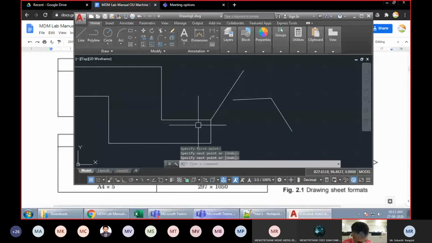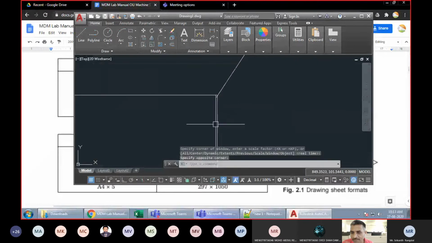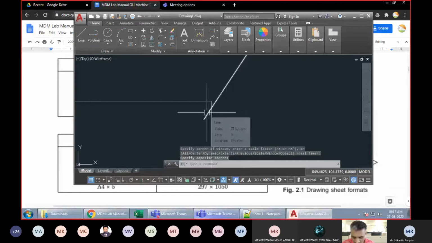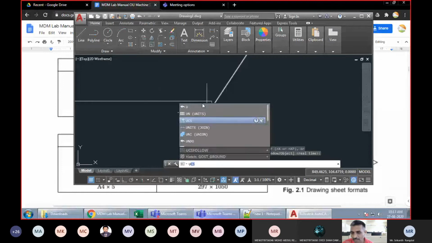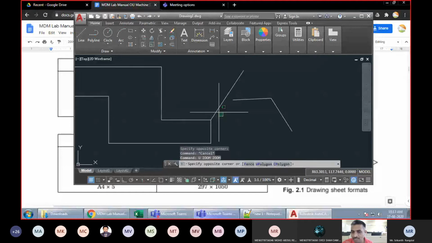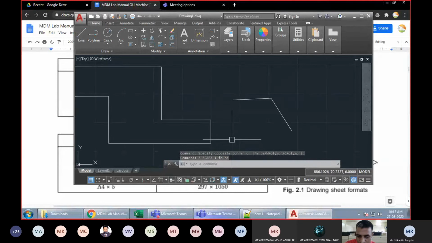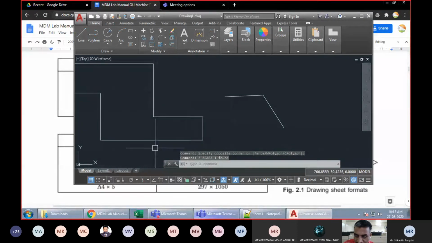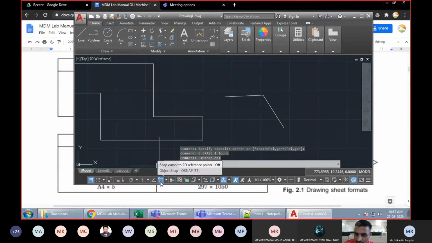I've drawn it, but is it exact? Let us try to zoom in and check. You can see there is some error over here. When I zoom in and check, in spite of me being very, very careful, there is this problem. It was not accurately chosen. So this is what happens with engineering drawings. You want your drawings to be accurate so that at any point of time you can take measurements between any 2 points, and those measurements have to be exact. So if you want this exactness to be maintained, you should turn on the snap option. Object snap option should be turned on.